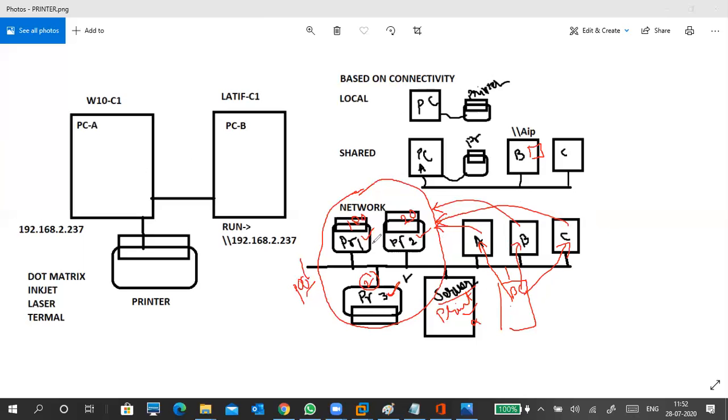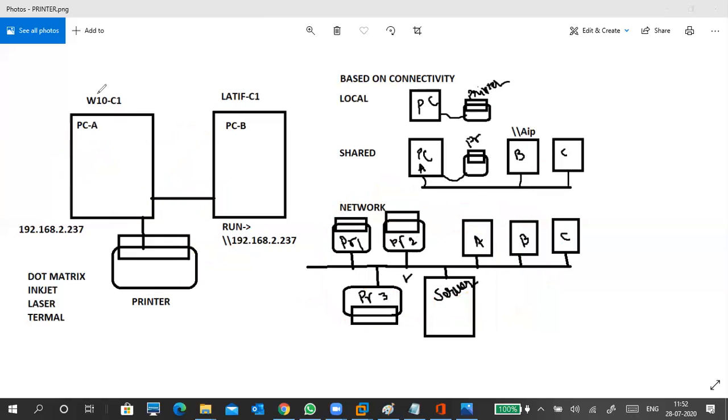I'm not changing the diagram, so don't go by this diagram. I gave this diagram in our previous class for the Windows 10 time. But here, instead of this one, I'm using S1, and instead of this one, C1 only. So this is my server, this is the client, and this is the printer attached to the server.